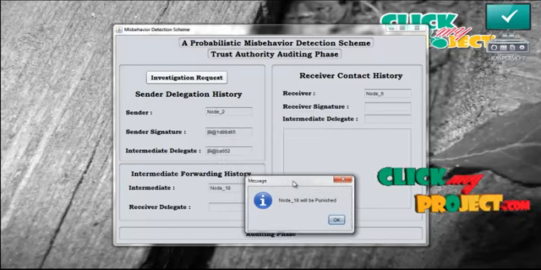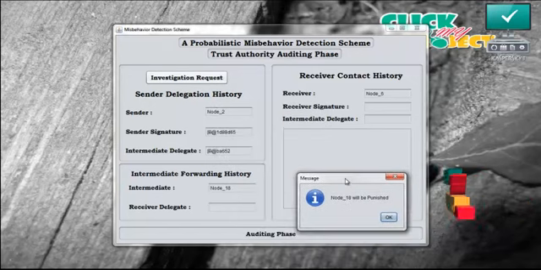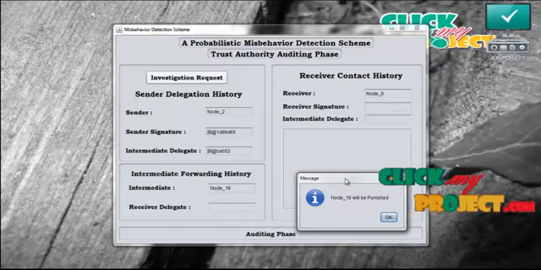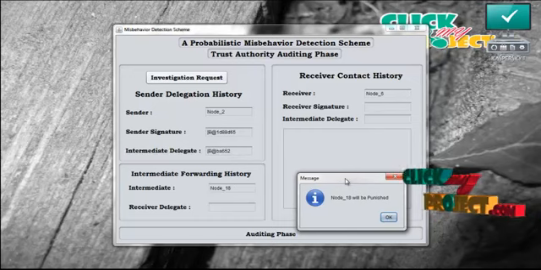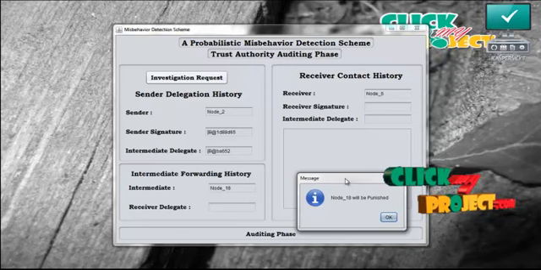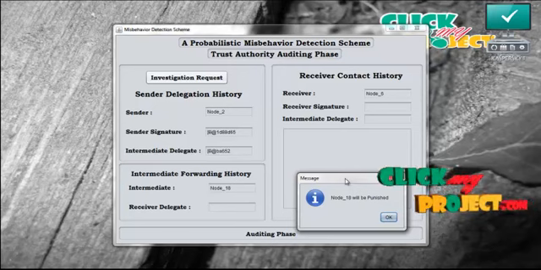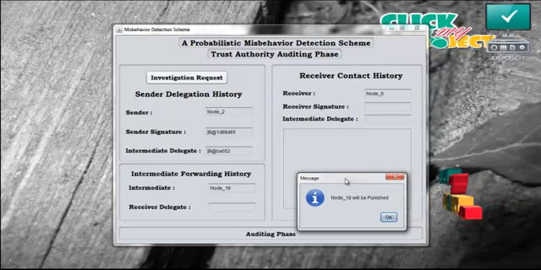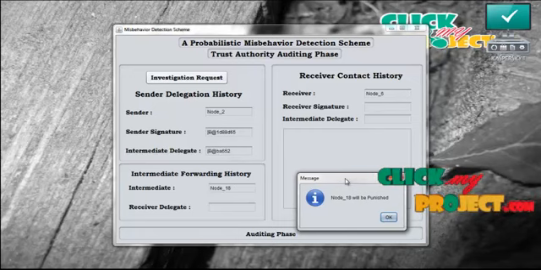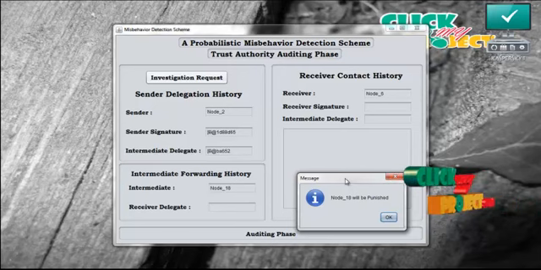Now the sender sends the delegation history, the intermediate sends the forwarding history, and then the receiver sends the contact history, but the data is not available in the receiver. From the contact history and the forwarding history, the trusted authority finds that the intermediate acted in selfish mode and misbehaved in the network, so the intermediate is punished, and the deposit amount paid by the intermediate is not refunded.